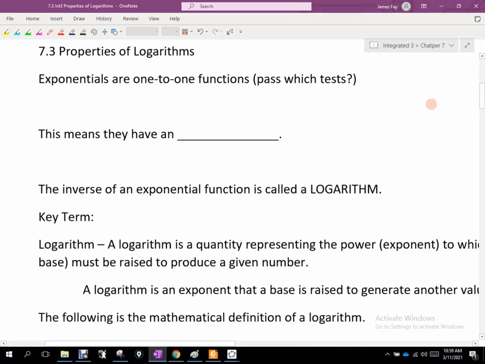How do I undo powers of 2? Square root. Okay, so give me x equals 4, right? How do I undo square roots? I square. Okay, so if I want to undo something